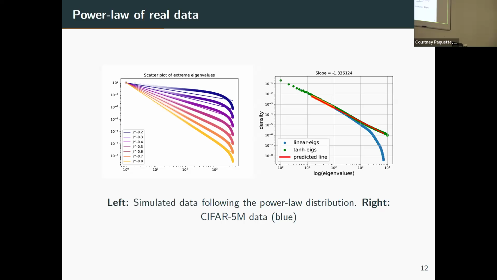Let me rephrase the question. Are there some natural signals that don't follow the power law? For language and images, the strength of the power law depends on the exponent in some sense. For images, the exponent is not very strong. It's there, but it's weaker, so in that sense, it's less power law. Language, on the other hand, seems to be more power law. Why? It has to do with the structure of language itself.